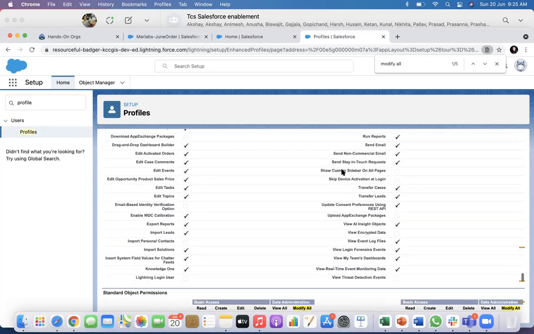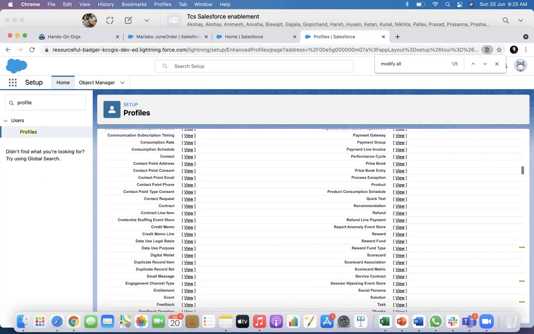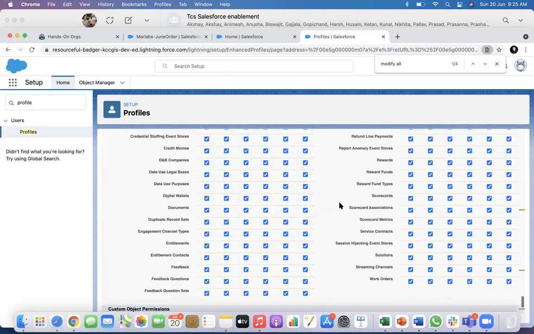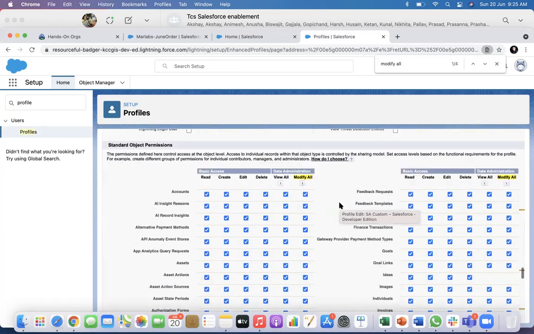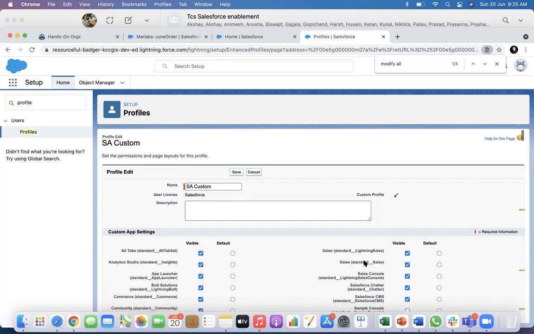Now if you go down and check, see account I have now, it has automatically become all ticked. I'm not going individually on the object. You're seeing this? Okay, yeah. Whenever you select that tick box, in that case, if you go down now, here individually you can take away access.